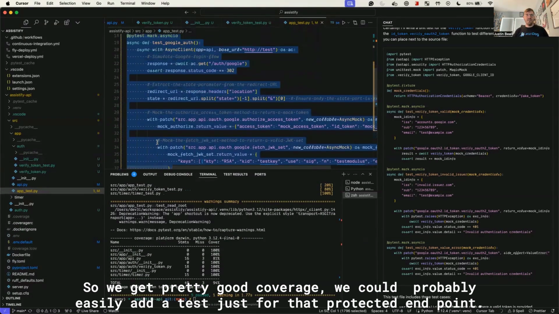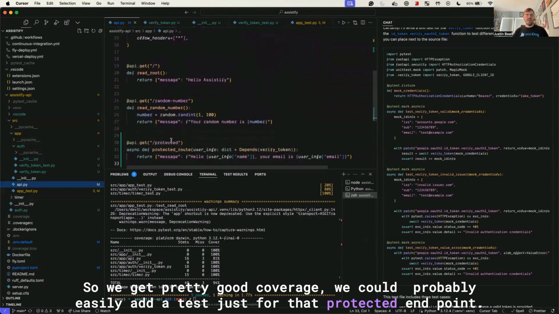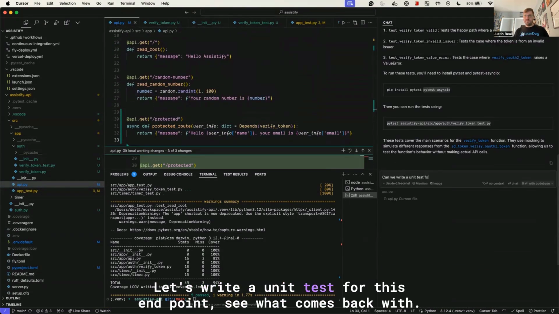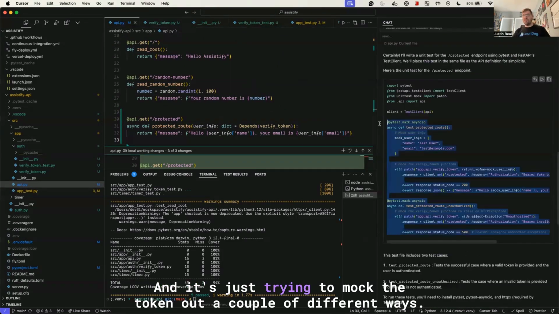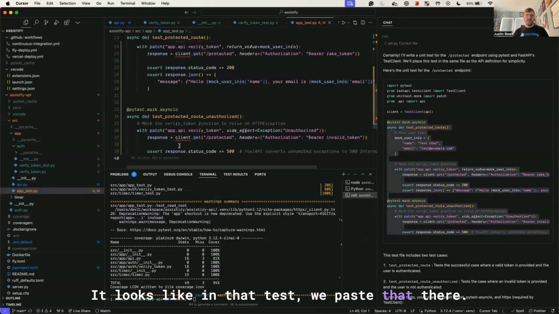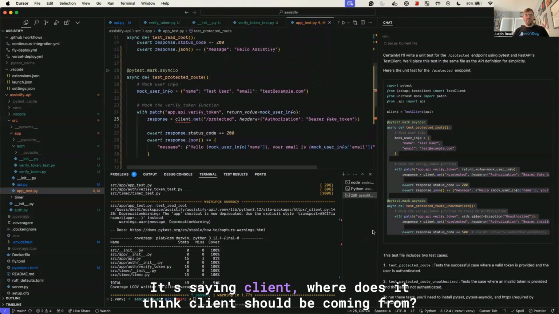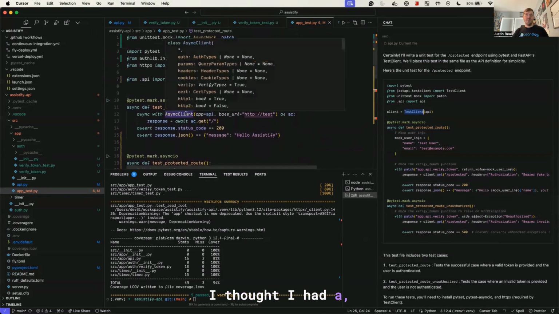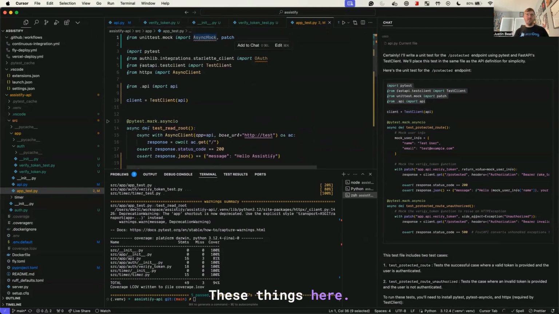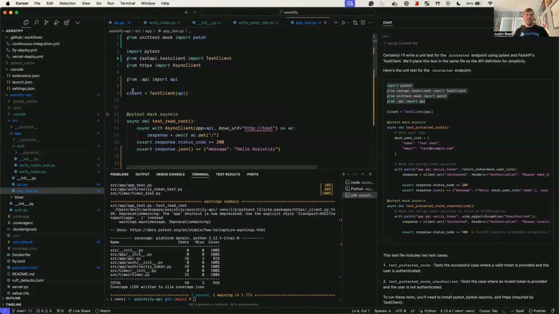We could probably easily add a test just for that protected endpoint, so we get that there. Let's do the same thing. Let's write a unit test for this endpoint. See what it comes back with. And it's just trying to mock the token out a couple different ways. It looks like in that test, we paste that there. It's saying client. Where does it think client should be coming from? Test app client. I thought I had a, let's do that. We should actually be using a test client rather than our imported API. These things here. Okay. So then